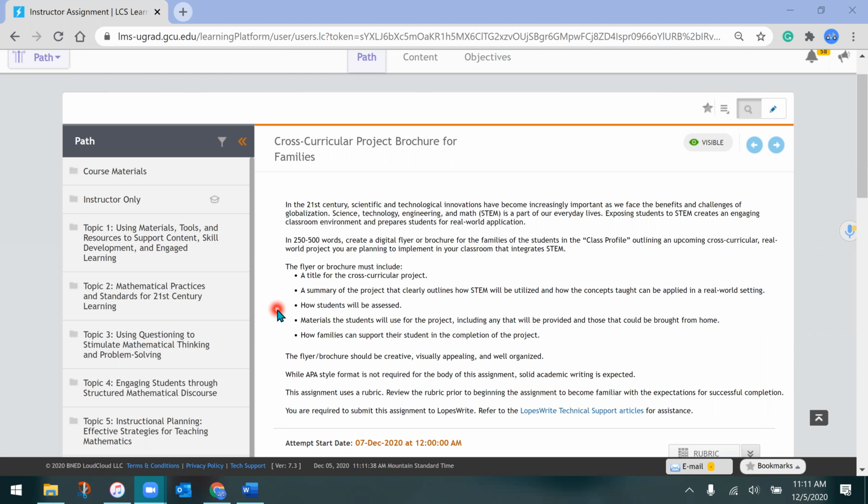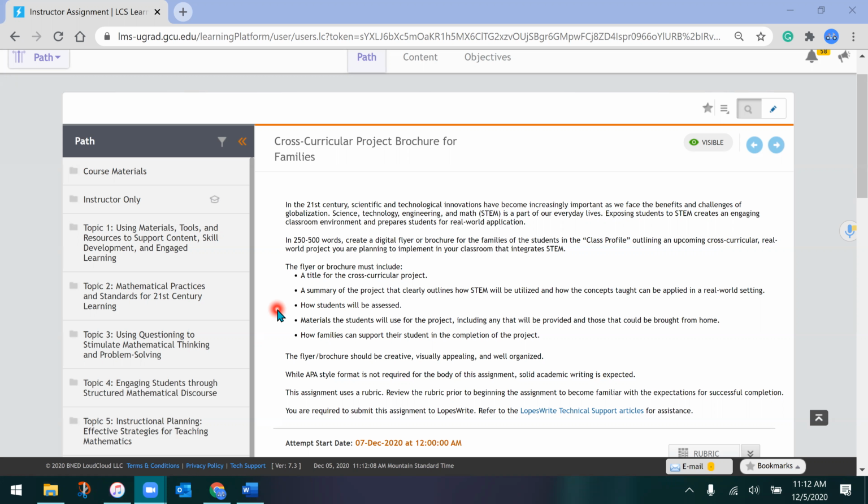Finally, how can the families support the student in the completion of the project? So this might be noticing forces in motion at home as they're playing with their toy cars. Talk about how far can it go? When will it stop? Parents might be able to come in during the construction of our roller coasters and support with taping or asking kids questions or holding up their roller coaster as they're trying to test their ball going